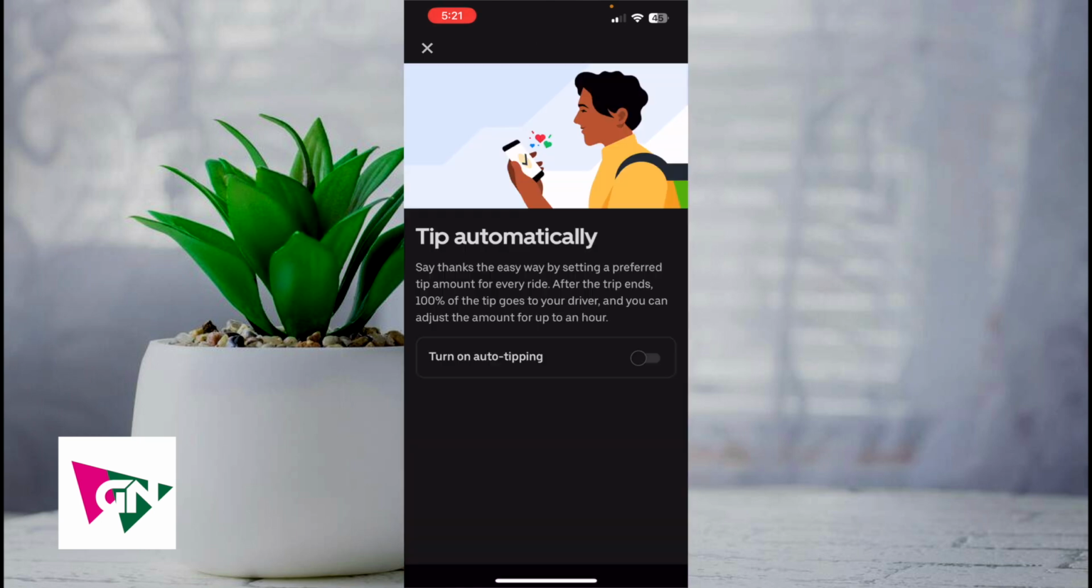Once you do so, you're going to see that there's a toggle button where it says Turn on Auto Tipping. Go ahead and toggle this on. And you can set the percentage amount of what you want to automatically tip. But there you have it, guys. That right there is the best and easiest way that I know of to actually tip automatically